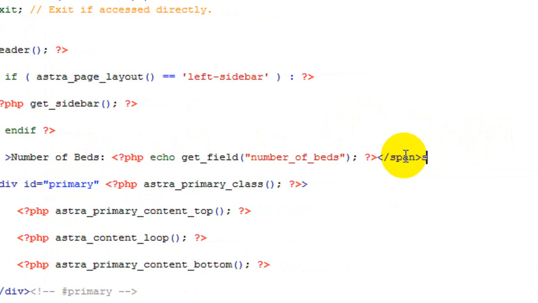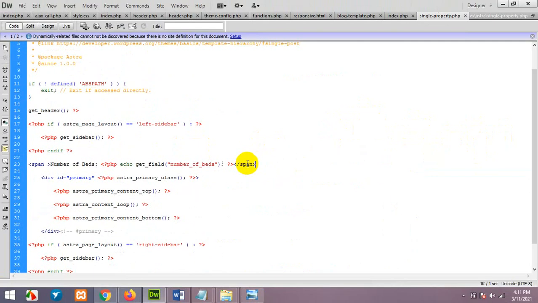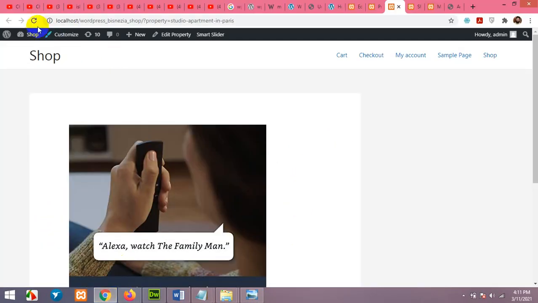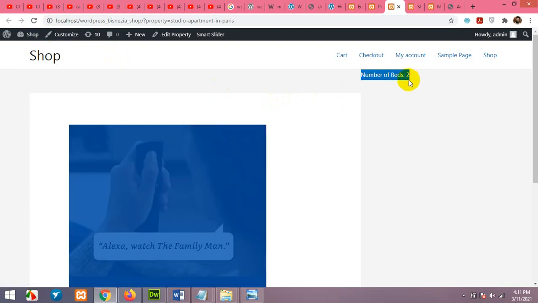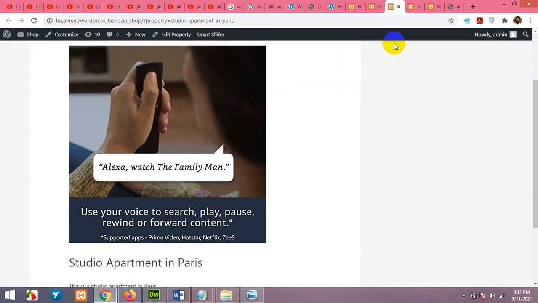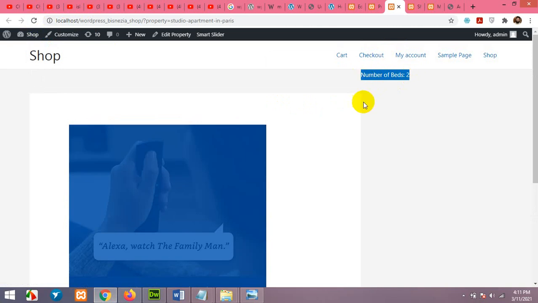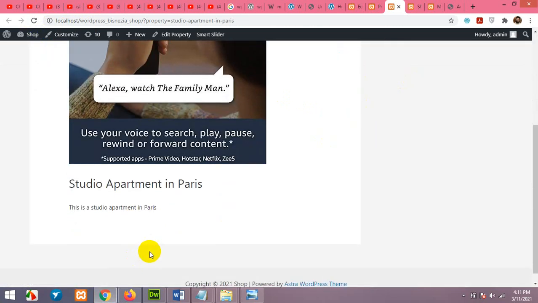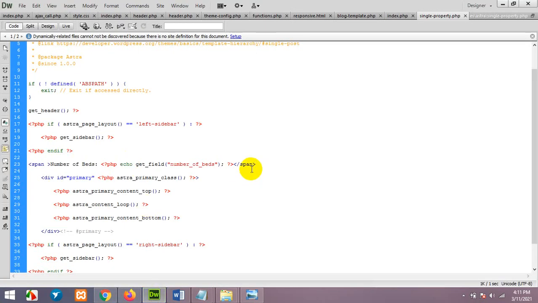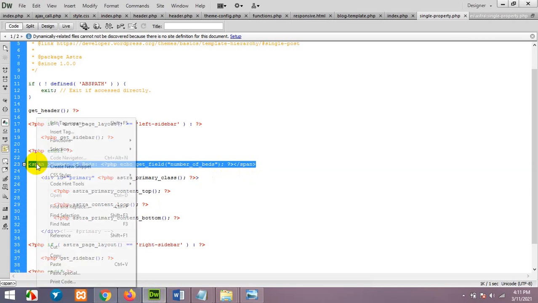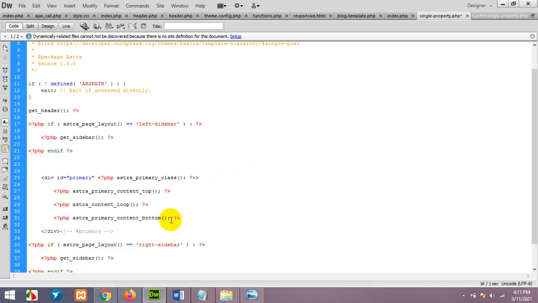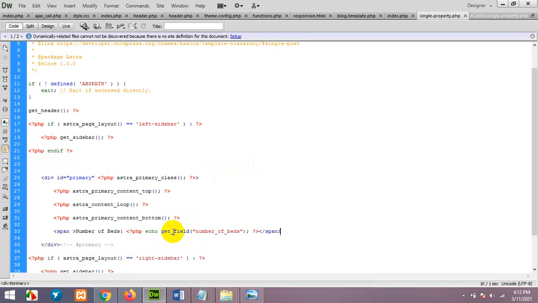Now close that span and save it, come to your page, refresh it, and number of beds 2. So we will have to copy this thing and move it to here. So let's cut it. Okay, now let's paste it here and see if it's working.